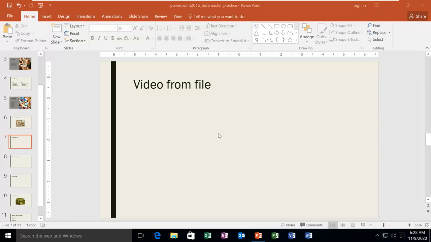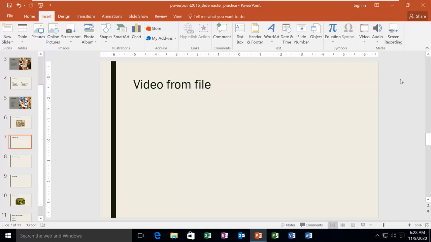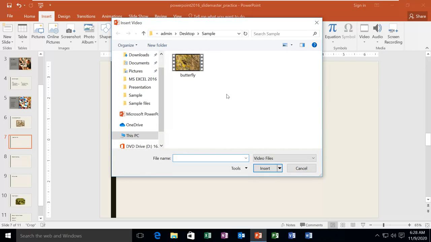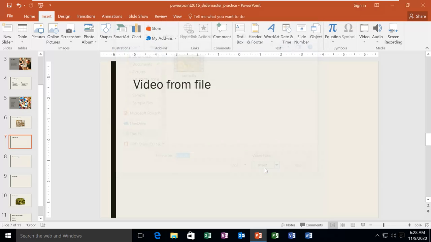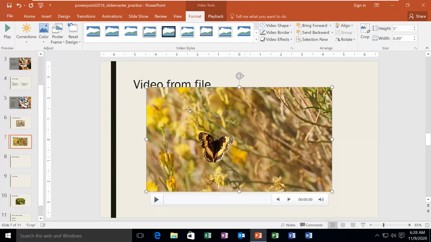So I have a slide here, and I want to add a video. First, I already have the video in my machine, so I can add it from there. For that, I'll go to the Insert tab, and from the Insert tab, here we have the Media group. I click on this Video command and I have the option to add video from my PC. So I select it. It asks where is your video. So this is the video I have. I select the video and say insert. Now you can see my video here on the slide.